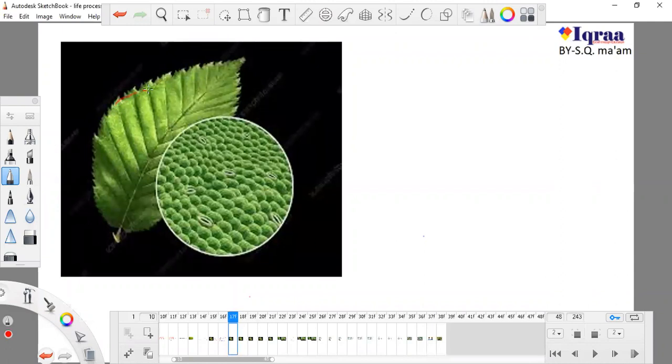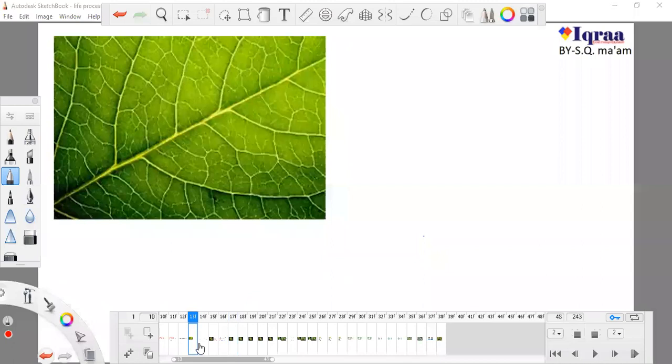This portion, you can understand the blade and razor. Why do you say something like blade or razor? It means that these edges are known as blade. Leaf blade. This is the leaf blade and these are veins. You can see the veins. These white parts.